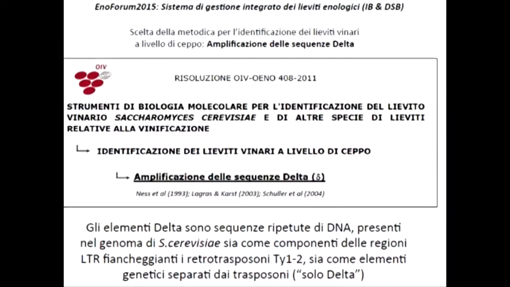So, having said that PCR is the method which is used, I will now dwell for a moment on the delta sequences which are amplified. They are short, repeated sequences which are dispersed in the Cerevisiae genome in several copies, because they are components of the transposons,